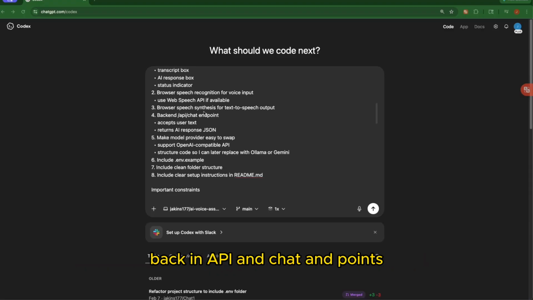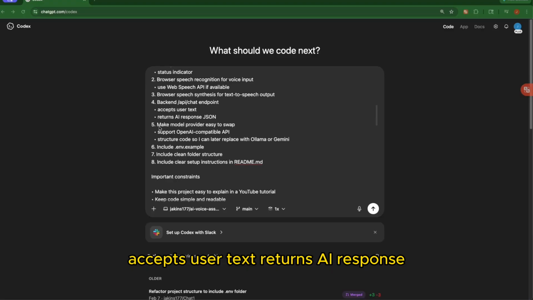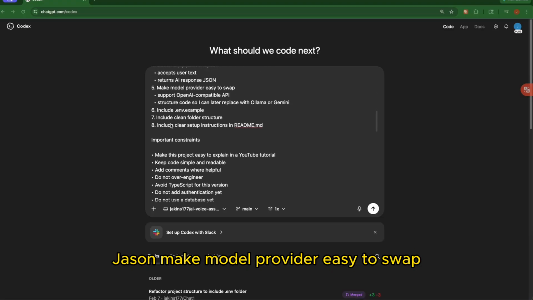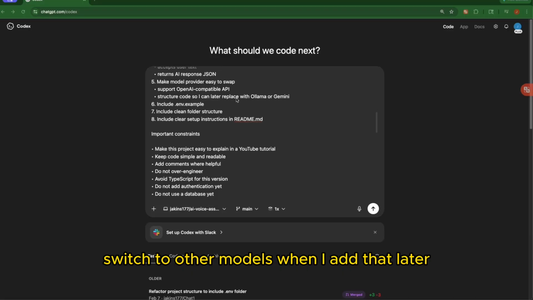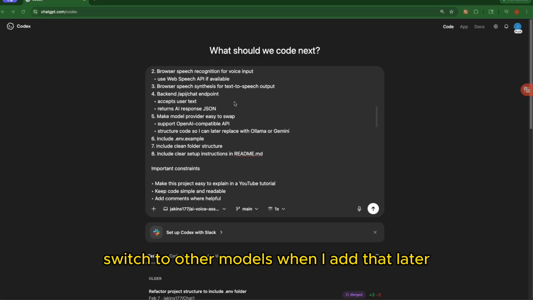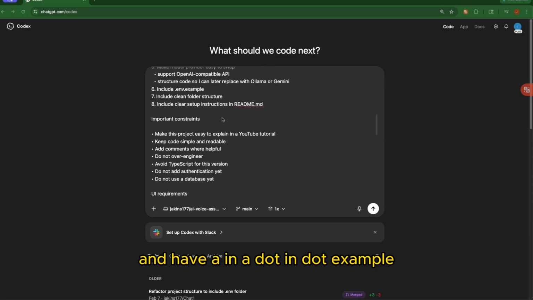Backend API chat endpoint. Accepts user text, returns AI response JSON. Make model provider easy to swap, which will default to OpenAI model, and then will also allow me to switch to other models when I add that later, and have